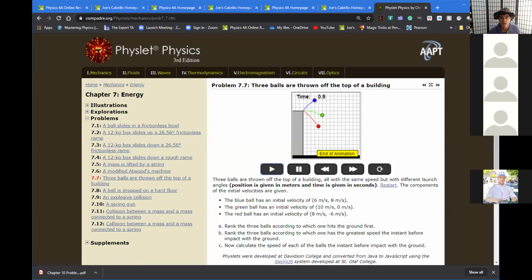Are we supposed to represent that mathematically? So for part C, you actually are calculating the speed of each ball right before it hits the ground using conservation of energy. What about part B? Oh, so you could mathematically get the answer, and that's going to be the same answer for each one. So in essence, you're kind of doing C first, but you could mathematically justify B by saying they all,